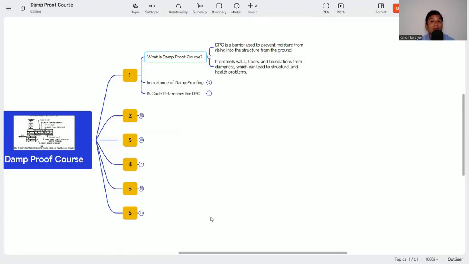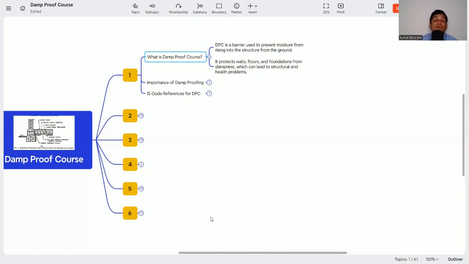Now all our concrete or structure is in the ground itself, but in the ground there is water. That water, due to capillary action, can rise above and come into contact with the wall and other support structures, and if that happens, it will destroy the wall and the concrete itself. So in order to protect our structure, we need to prevent the entry of water from the ground. That is why DPC is used as a barrier to prevent moisture from rising into the